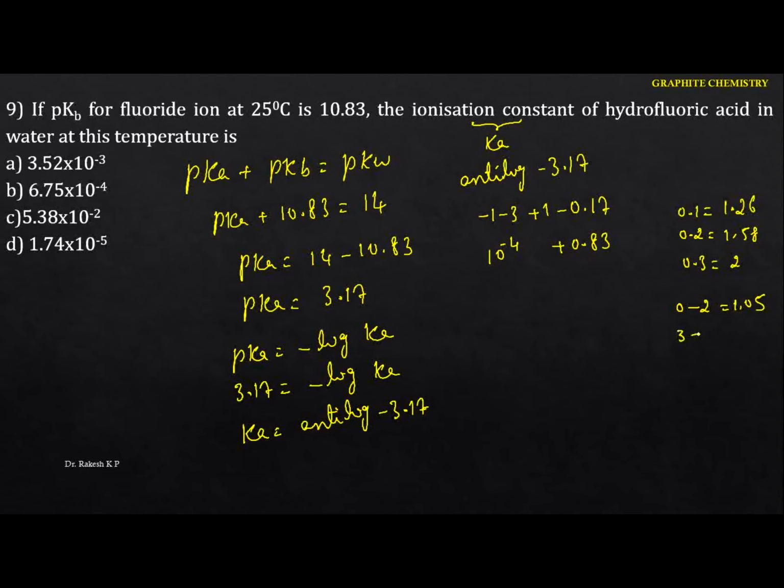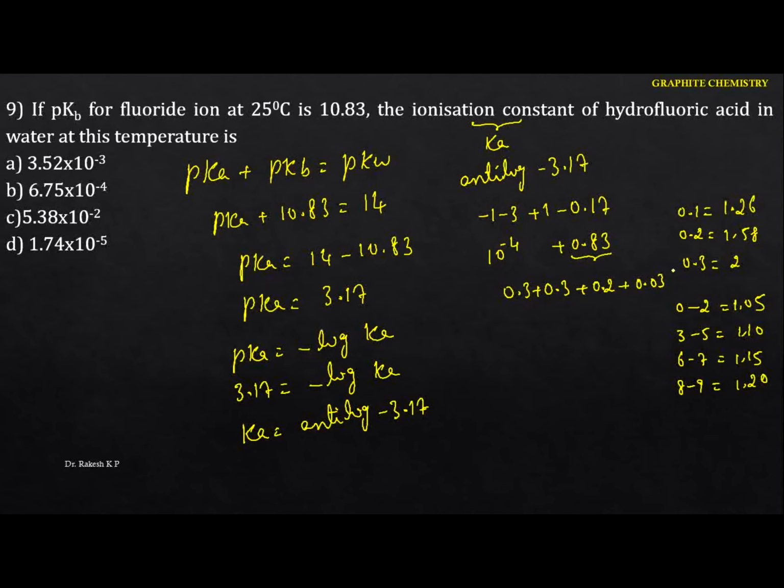Again, for 3 to 5, we use 1.10. If it is 6 to 7, I use 1.15. If it is 8 to 9, we use 1.20. Now just identify this one. I'm talking about 0.83. This 0.8 I can write as 0.3 plus 0.3 plus 0.2, so the total becomes 0.8, plus this one I can write as 0.03.